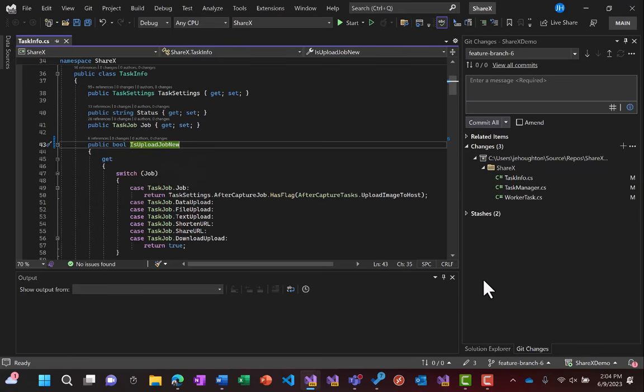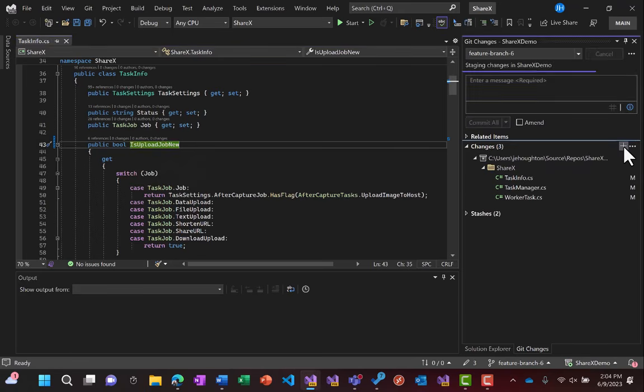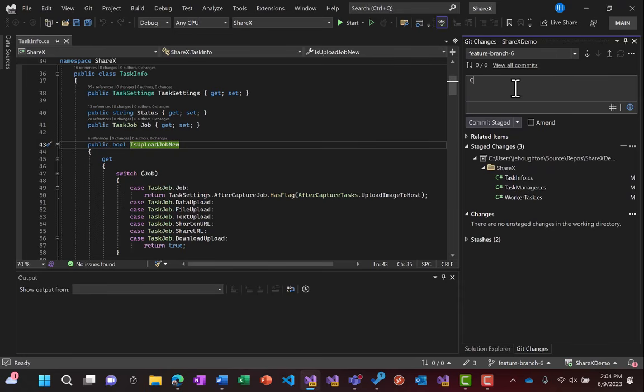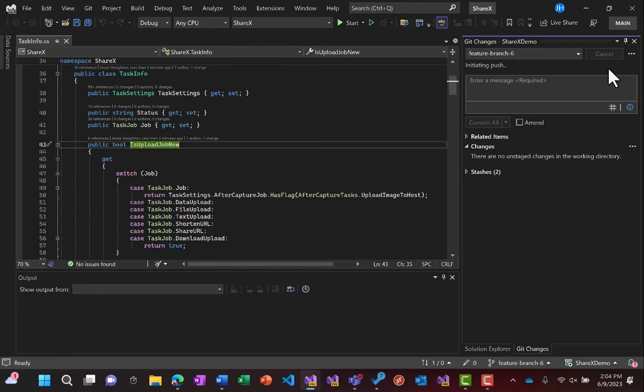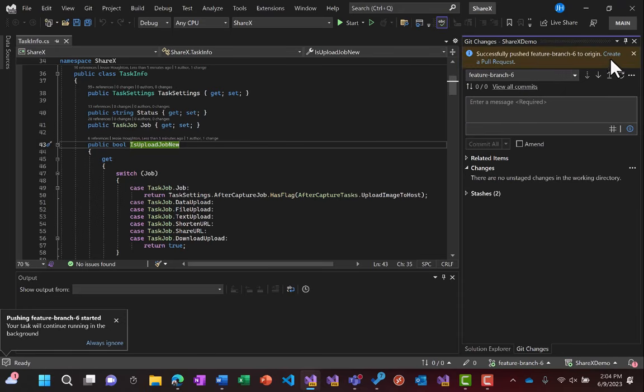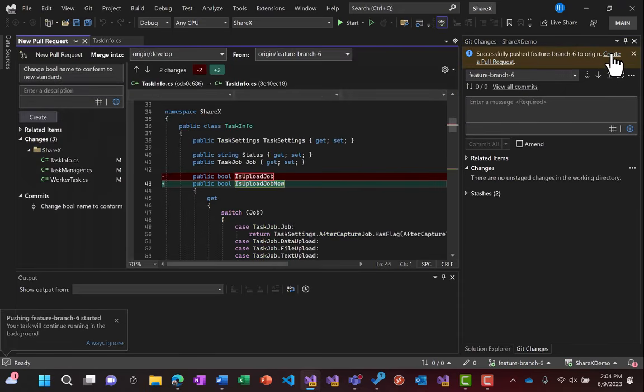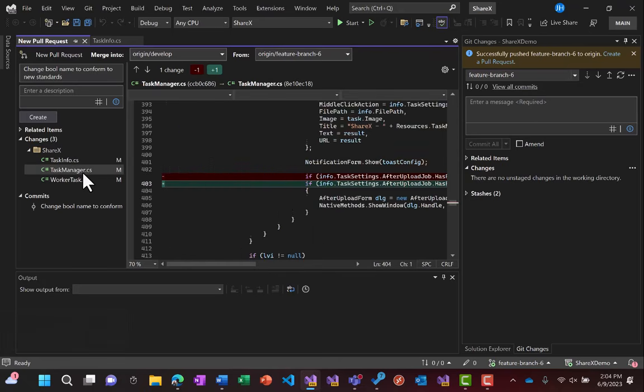And when I stage and add my commit message, I'll be ready to commit and then push. And now this link, instead of taking me out into the browser, takes me to the new pull request window